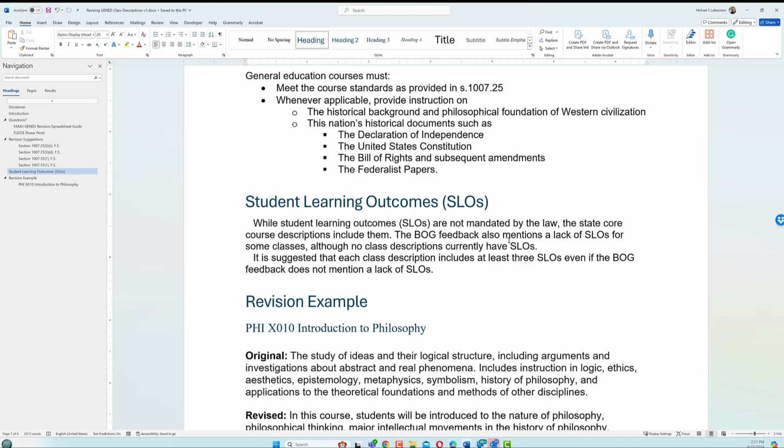So my recommendation is that each class description, and there's a column for this in the spreadsheet, should include at least, say, 3 SLOs. Again, this is not a requirement. I'm not expecting this. Even if it doesn't mention the lack of SLOs, it might be worth putting them in there, because my thought